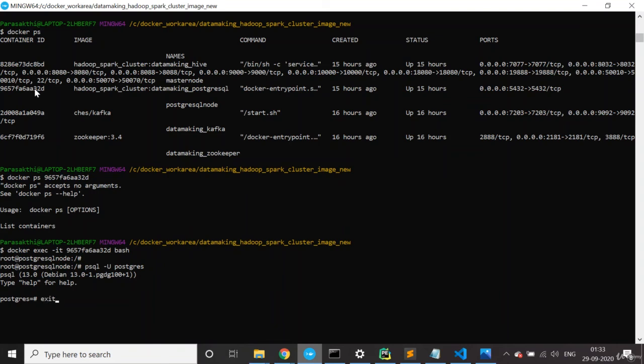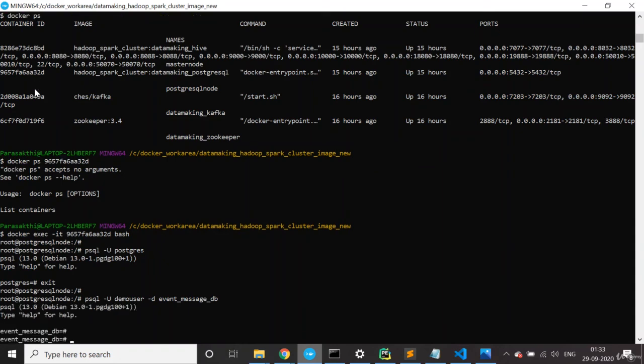I will log in as demo user. So psql, you pass the username as demo user, and you need to provide the database name, because Postgres will open the default Postgres DB, which demo user will not have access to. So you need to specify the database name using the property -d. Say what is the database name you want to connect to: event message underscore DB. Okay, connected.